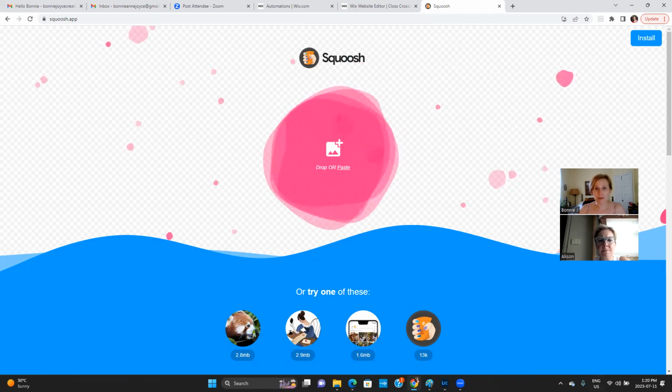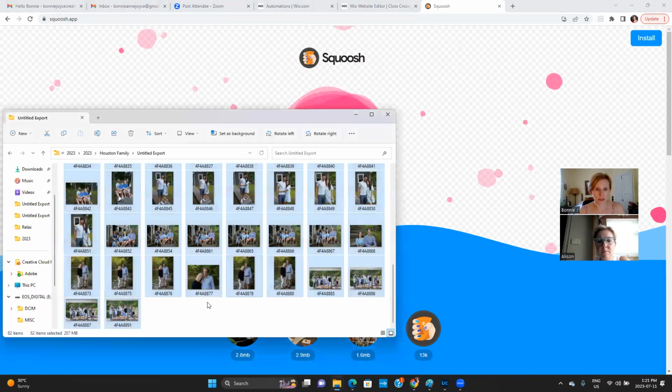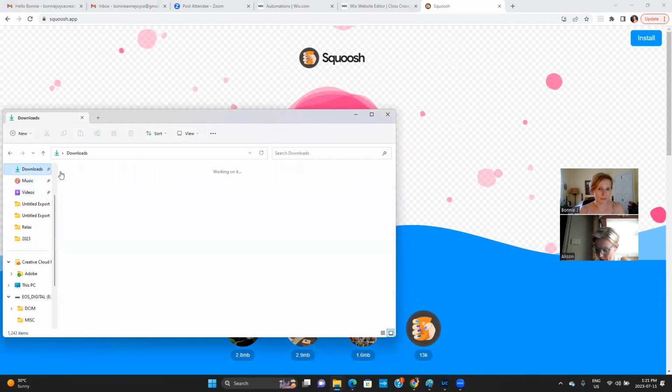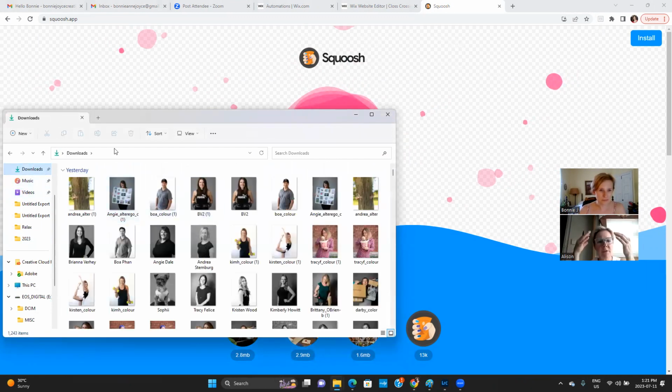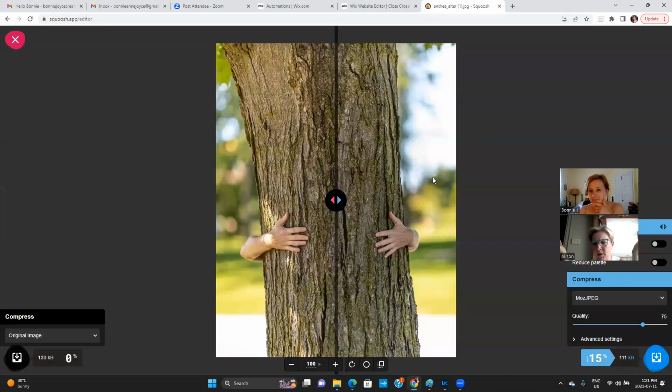It's really easy. You just type in Squoosh dot app, and it just comes up on the page like this, and you basically just grab a picture and drop it on the page. I had a photographer friend of ours come and take some photos, and I couldn't use any of them on Instagram because they're too big. It's a huge problem. A lot of photos, even on cell phones, are just way too big, and they bog down your site.